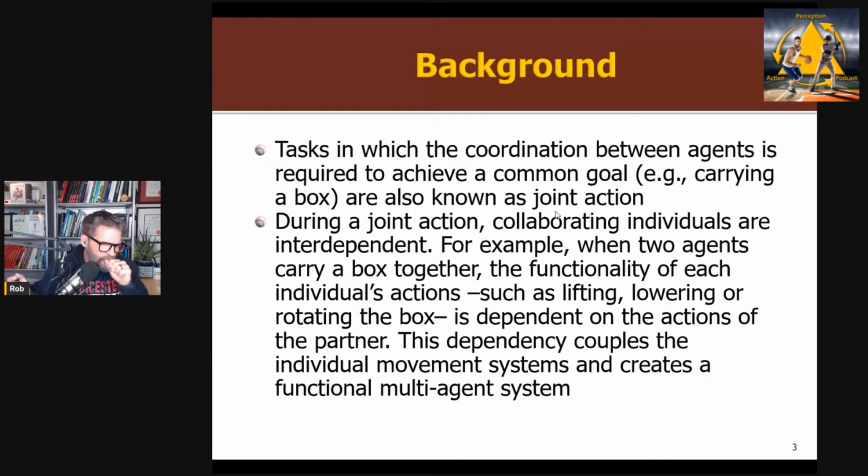Right. And this is one of the main points of ecological dynamics, which we take from dynamical systems theory: a system is a system is a system. Rather, we're talking about the system of an individual and an environment, where we have system level properties, or we're talking about the system of two individuals, where we have degrees of freedom across the two individuals. What we're going to expect is coordination across the whole system, not just within each individual, which is the more traditional view, right? So what they want to do is look at how this joint coordination develops.